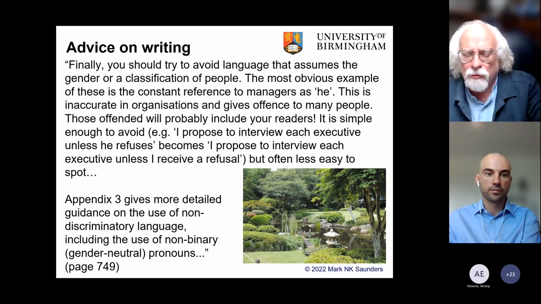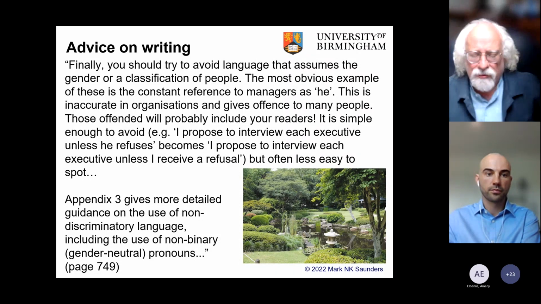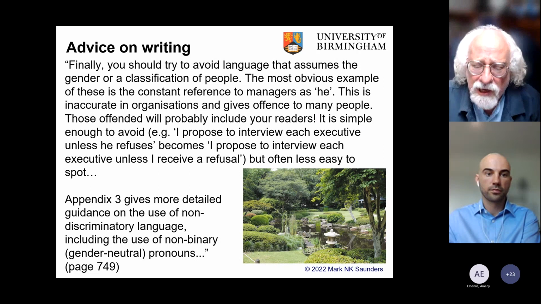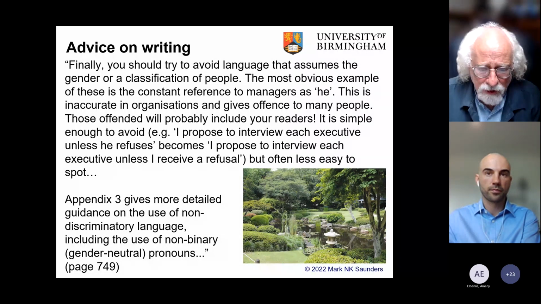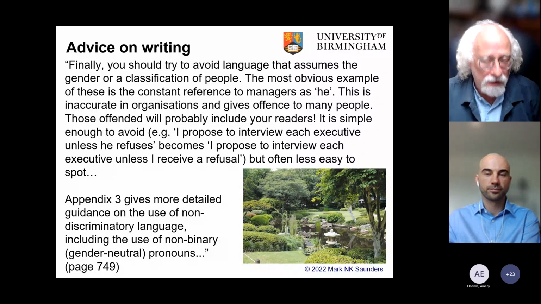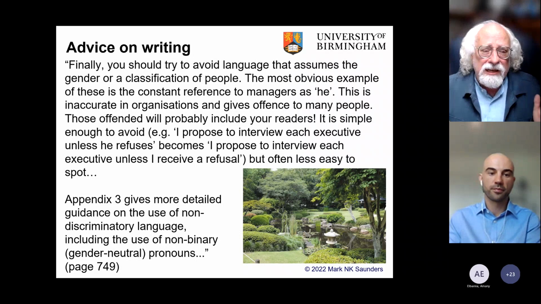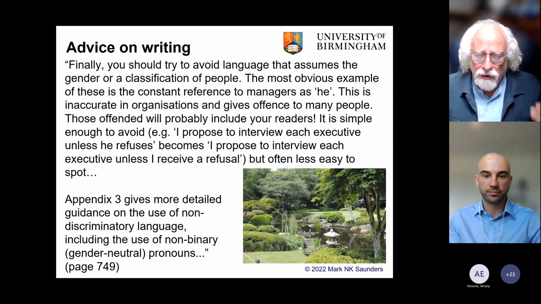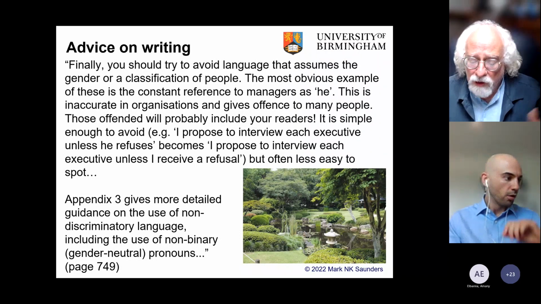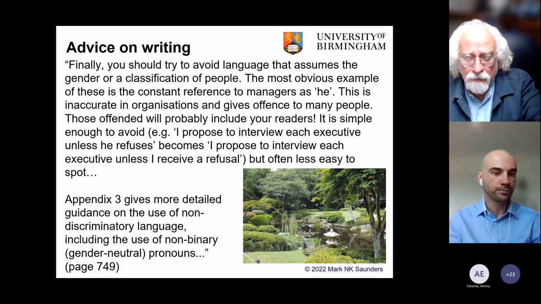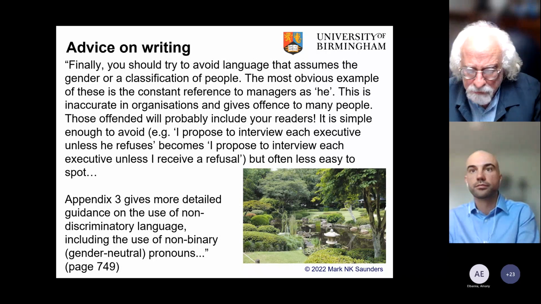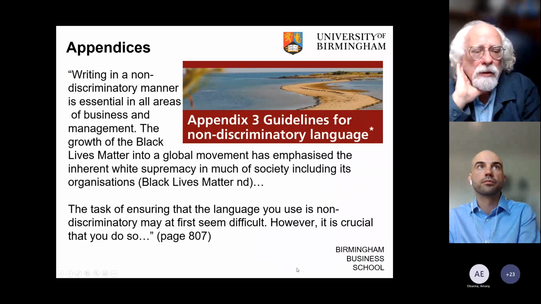And then the picture we used to illustrate this opening vignette is one of a Japanese garden. It's in the Brisbane Botanical Gardens. But the crucial thing here is we're trying to get students to think about why it's important. And if we can move on to the next slide, please.